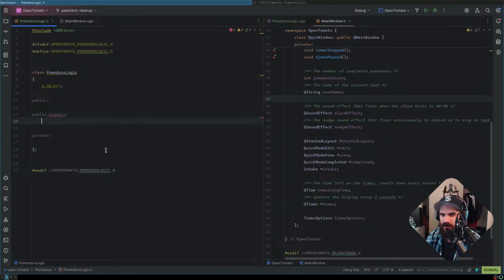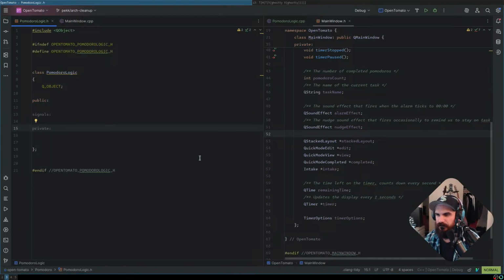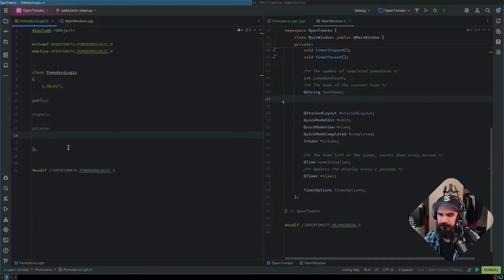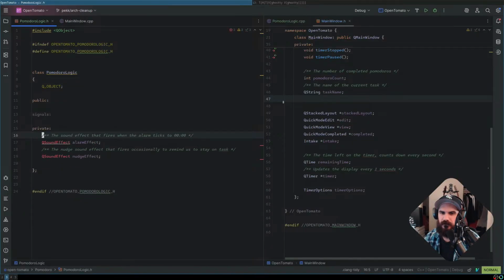So my pro logic, let's go to private. Public signals. I don't think signals gets a public, I think it just gets signals. Yep, I think it's always public. That's why they're signals. QSoundEffect. Let's move these over. Include QSoundEffect.